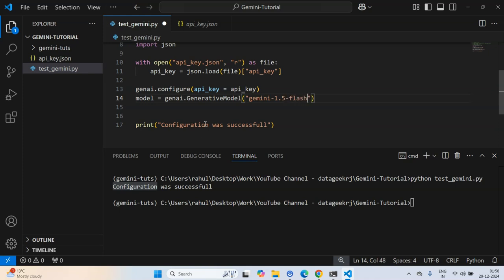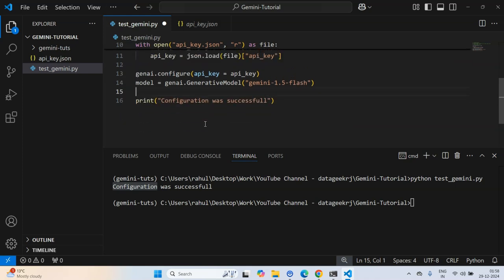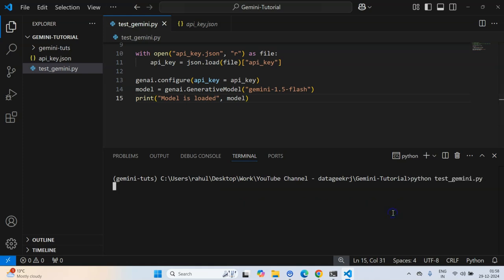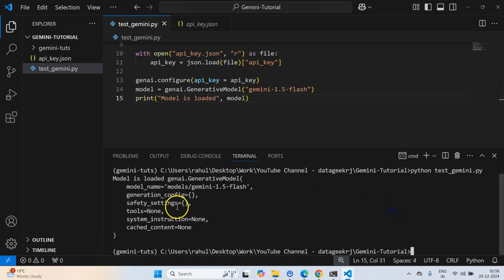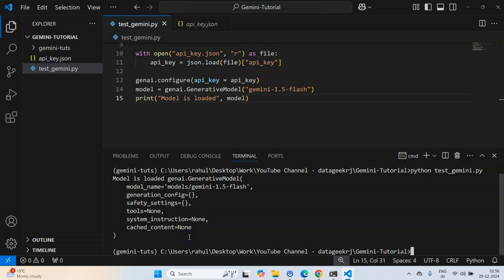And to make sure we have successfully loaded this model, I'll print model is loaded, and we will print the model as its class representation. It says model is loaded, and it has printed the string for the model.